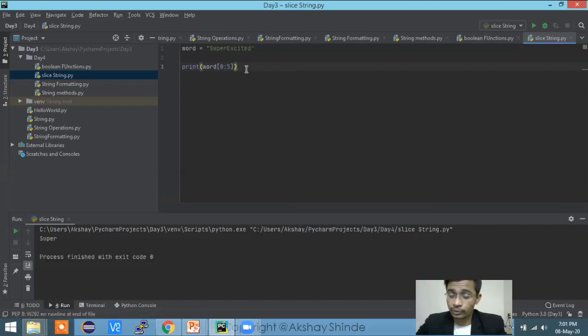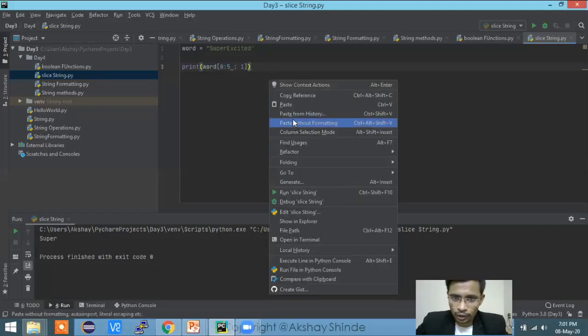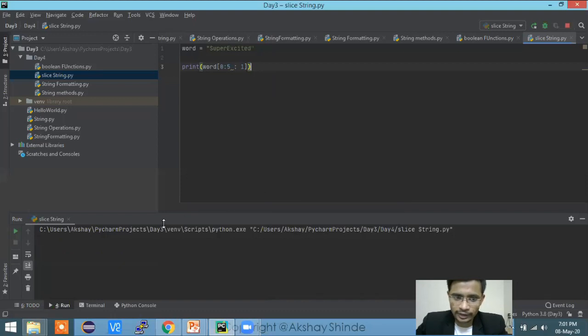Now here is a small challenge for you. Now I want excited. But okay, I forgot about this one. This last one is, as I told you, a step, so it will print all the letters and will not affect anything. It will print super.